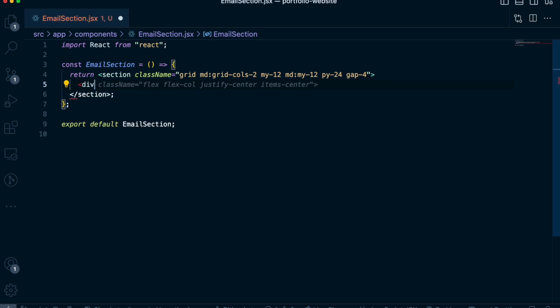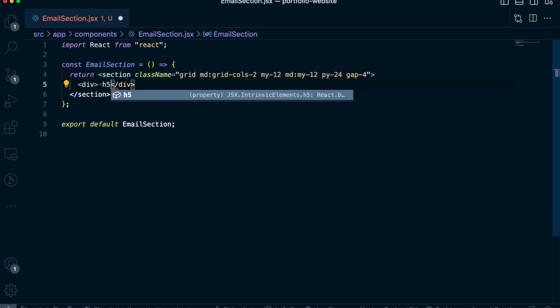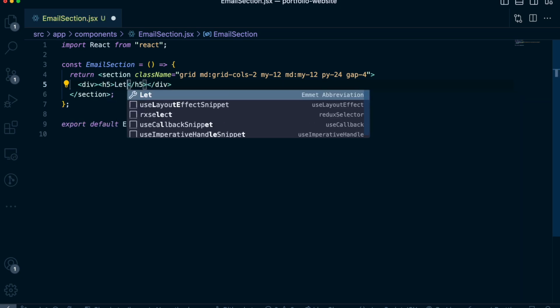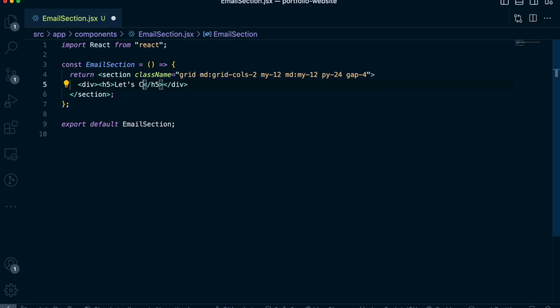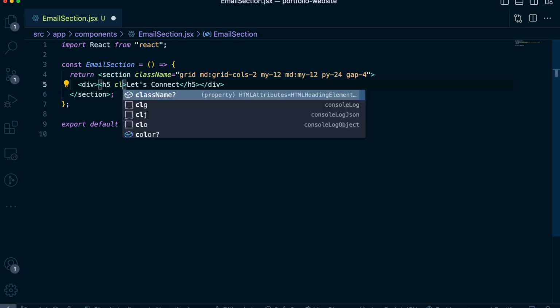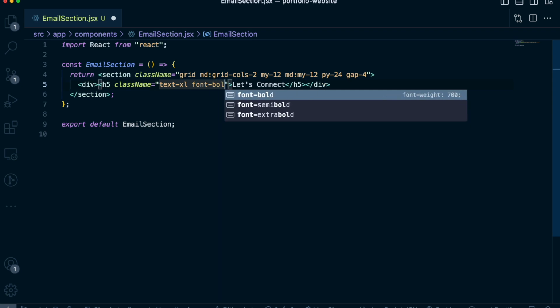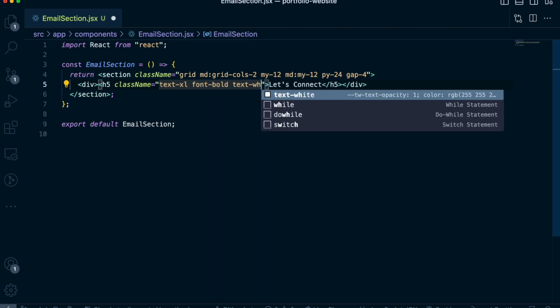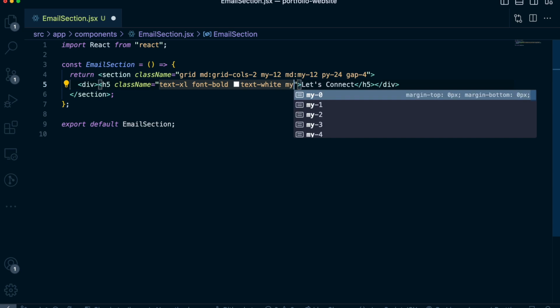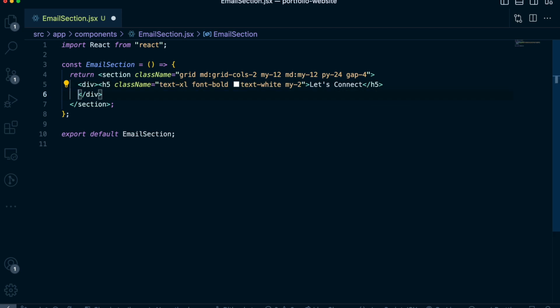Inside here, we can start working on our first column, which, as I mentioned, is going to be more like informational. Let's add a header. I'm using H5 in this case, and something that says, let's connect. Let's update the styling of this H5. For text, we're going to set it to XL. Font is going to be bold. As for the text color, we'll have white, and add some margin so that it has space between a paragraph